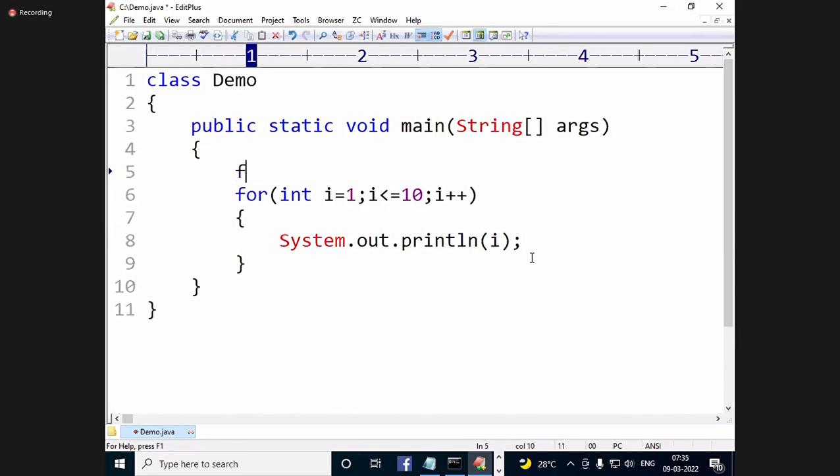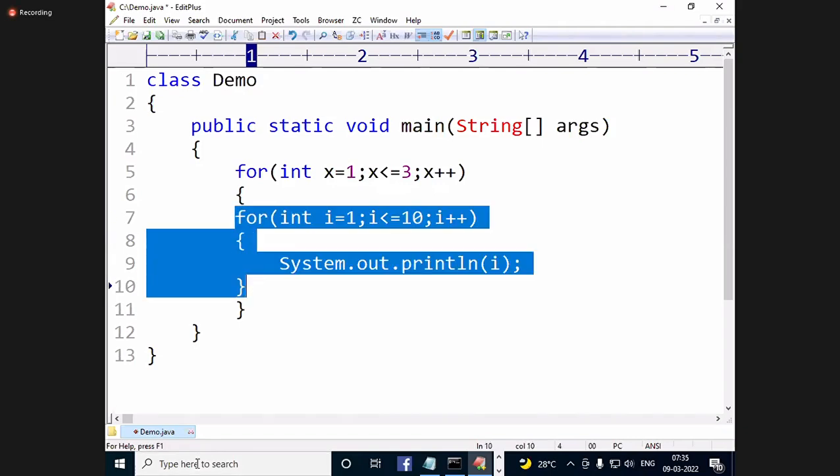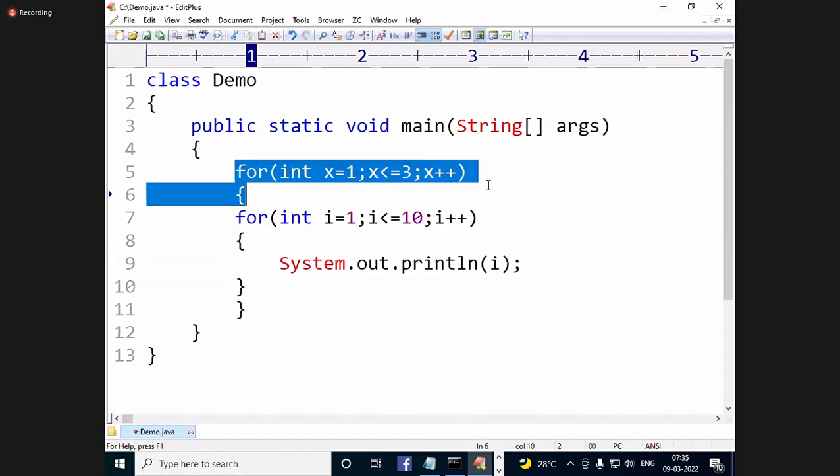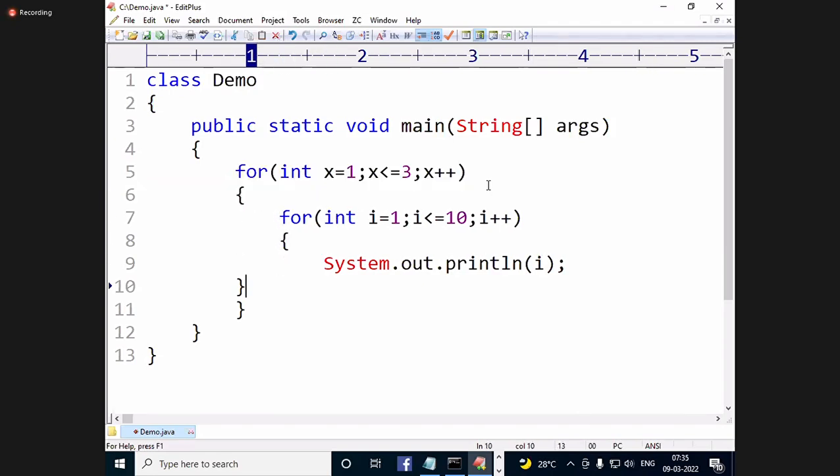This loop I'll write inside another loop. Now I have written it like this. We already know this will print 1 to 10. How many times is this executed? 3 times. So what is the output? 1 to 10, 3 times.